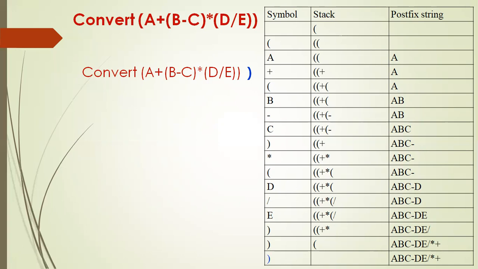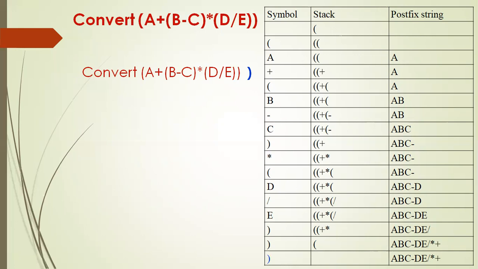Whenever an operator comes, pop the top two elements. The top element you call N1 and the next to top element you call N2. Then apply that operator between N2 and N1, and the result you push back onto the stack. You repeat this until the right parenthesis is encountered. When you finish, your stack will be left with only one value, which will be the value of your expression in postfix notation. That's a very simple algorithm. The second application of stack is converting an arithmetic expression given in infix notation to postfix notation.